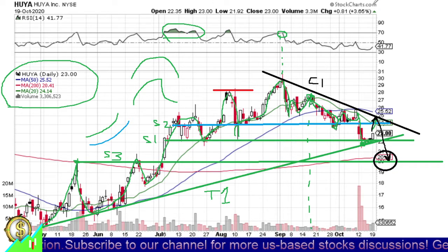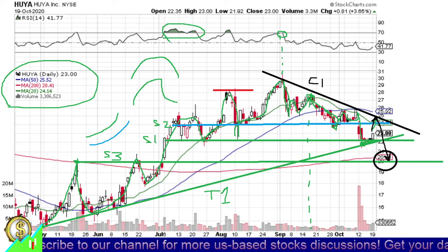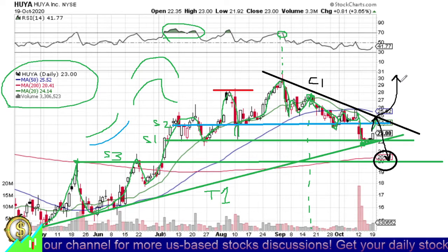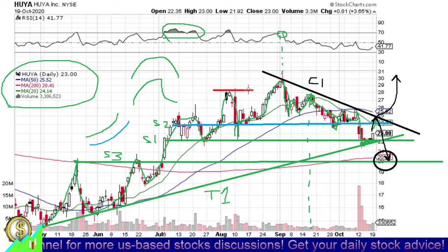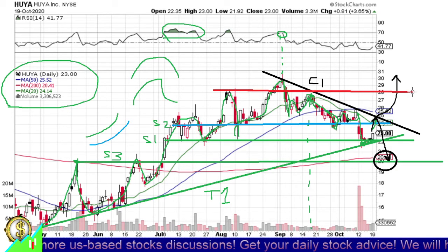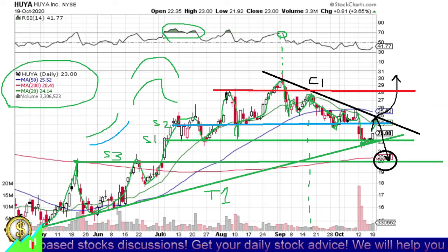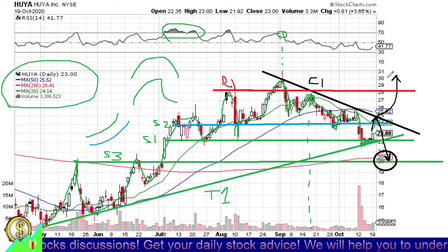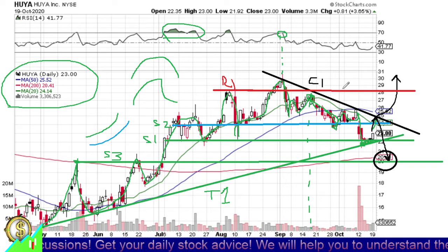Of course, you can say, well, another action might take place with some catalyst, and a catalyst is always news driven, that we would pierce the C1 level and really go upwards. Once this takes place, of course, we will have another resist level here. It's this line, the previous trend. But then again, this action might take place only if we have serious catalyst information here. Without this, the R1 line most probably won't be reached, and even the C1 trend won't be cut through, because technically